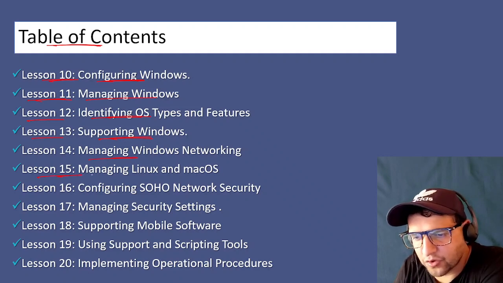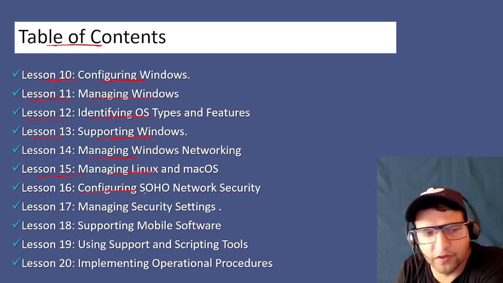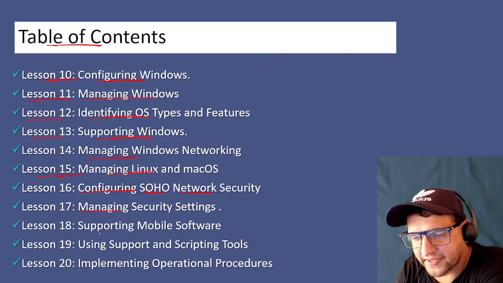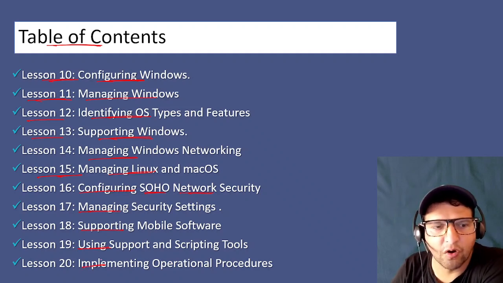In 15 you need to understand how to manage Linux and Mac operating systems. Then 16 is how you configure SOHO, your small office home office network security. 17 is on how you manage security settings. 18 is supporting mobile software. 19 is using support and scripting tools. 20 is on how you implement operational procedures.